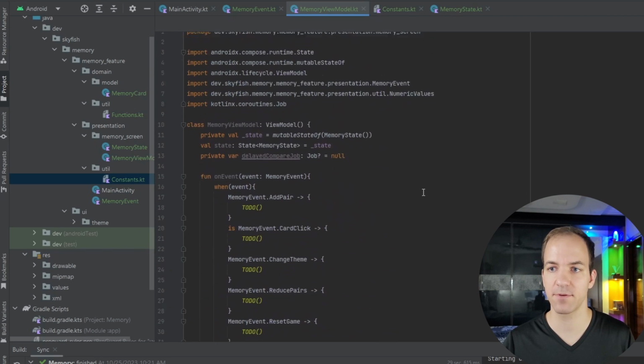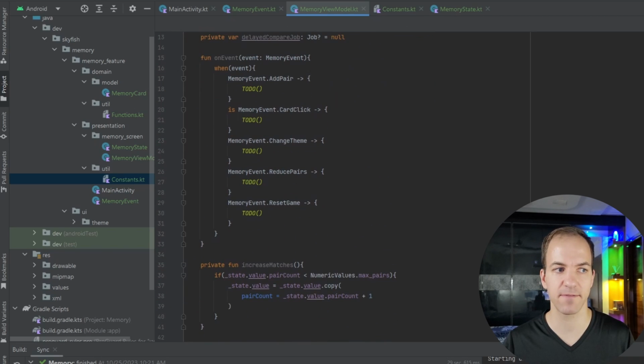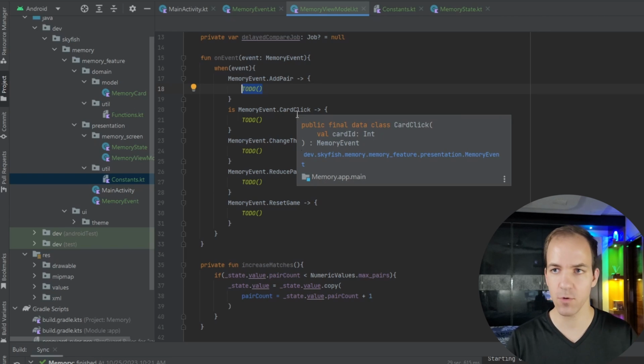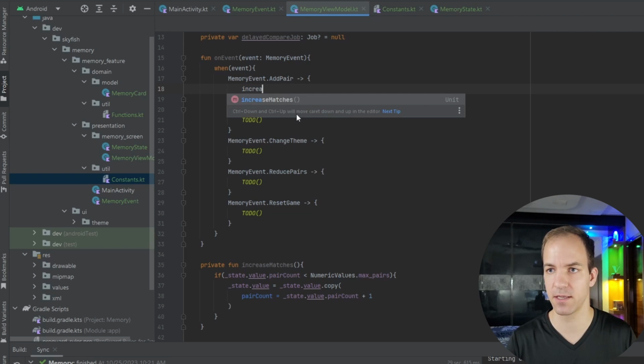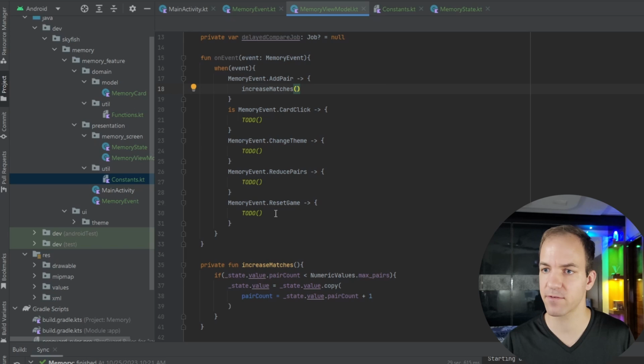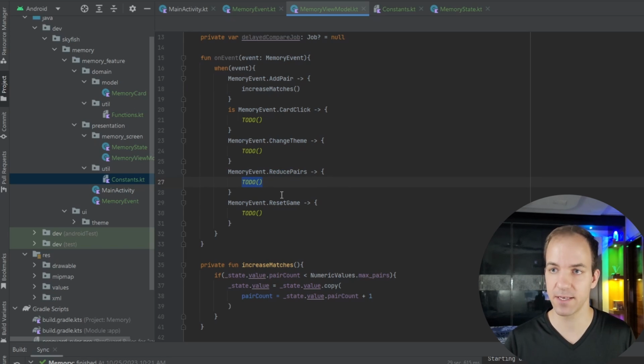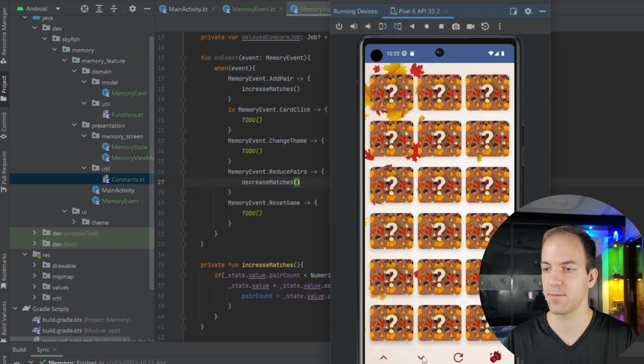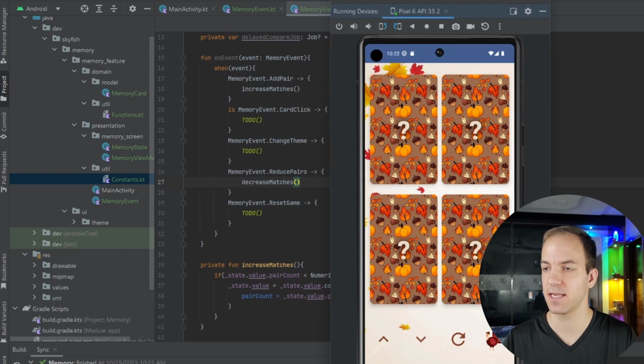So come back up to our on event, and whenever we get an add pair, basically we need to run increase matches, and whenever we get a reduce pair event, then we need to run decrease matches. But there's one more thing that we're going to need to do here, because if I come all the way down and I